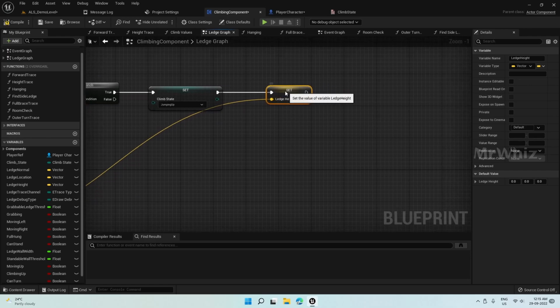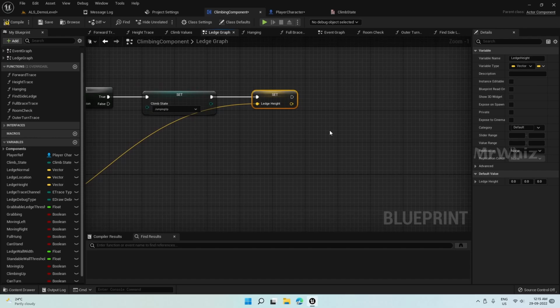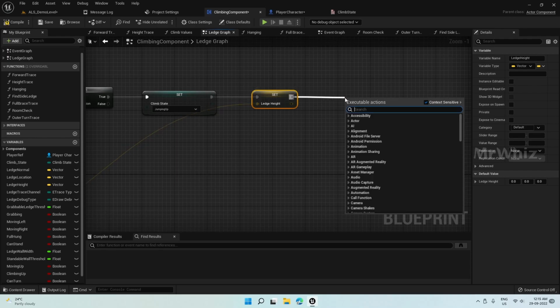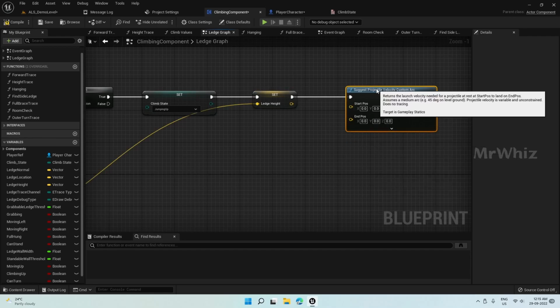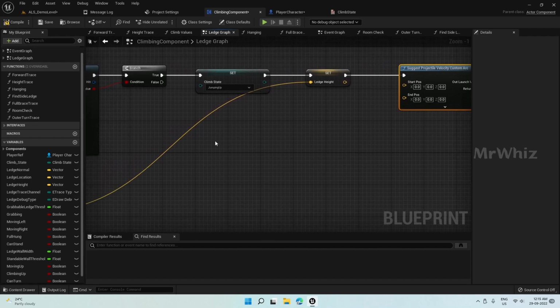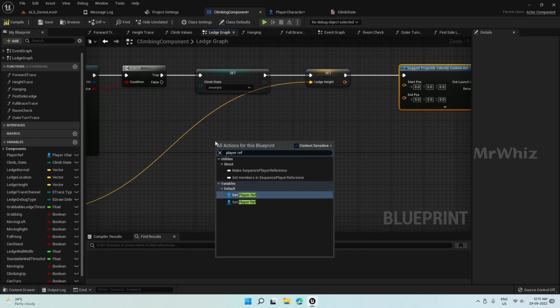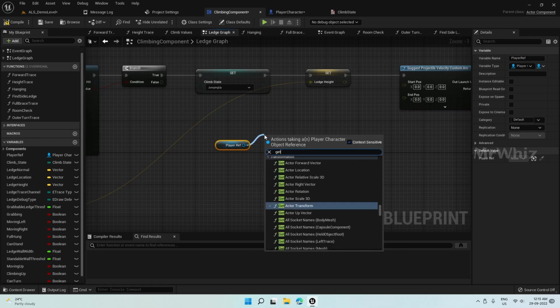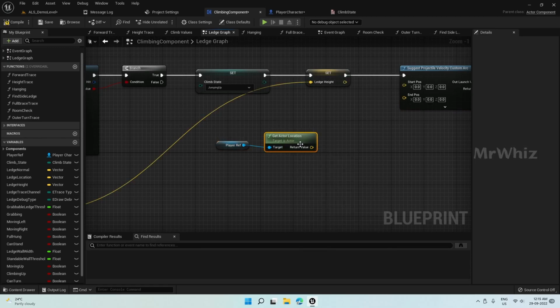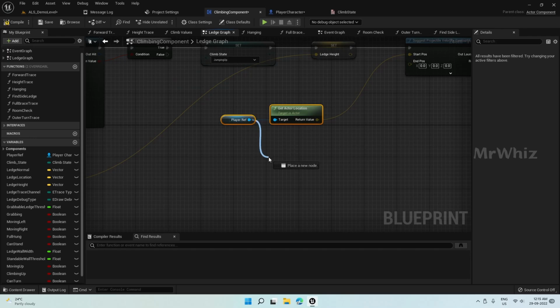And after this, we will use a couple of different methods for us to move from one ledge to another ledge. For jumping up, I'll show both the methods, one for jumping up and one for jumping to the side, so that you can use whichever you want. So suggest projectile velocity custom arc, and the start position will be player ref, and get the current location, and this will be our start position, and the end position would be